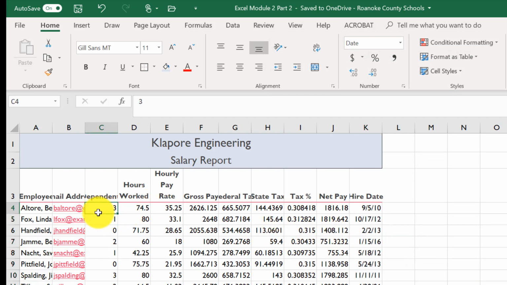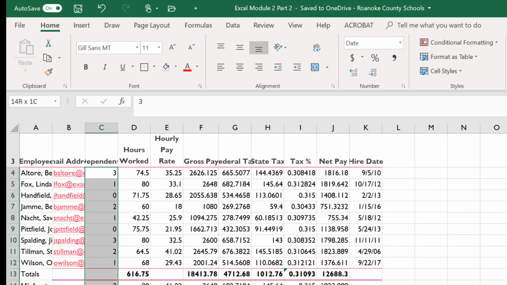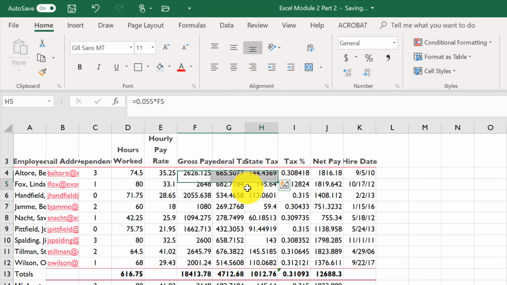Then let's select C4 through C16. And let's go ahead and center the numbers in those cells. Okay, so now let's take a look at selecting cells that are non-adjacent. So we talked a little bit about this last time. So first of all, I select the first range of cells, which is E4 through H4. And I hold down my control key, select J4,